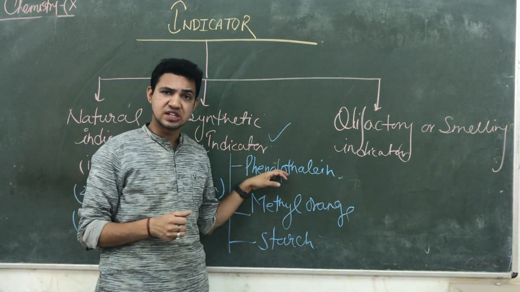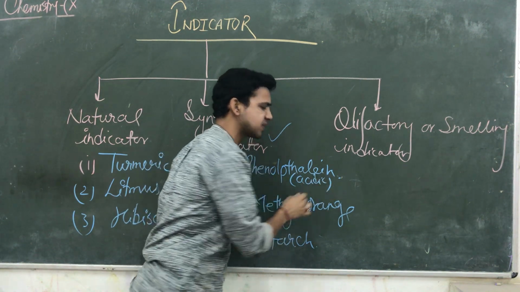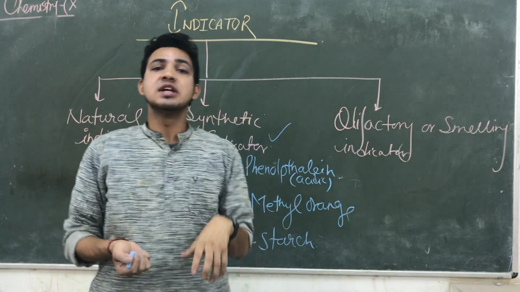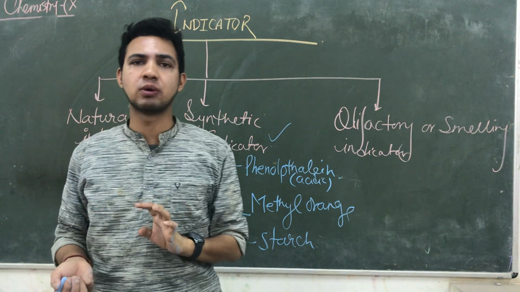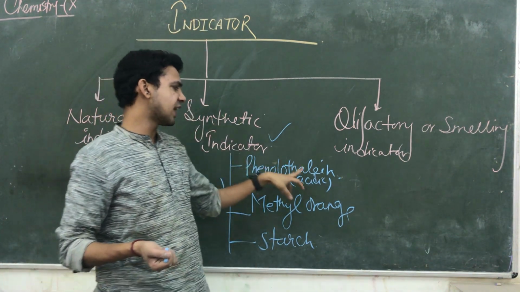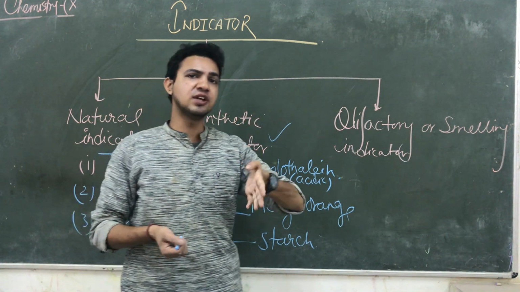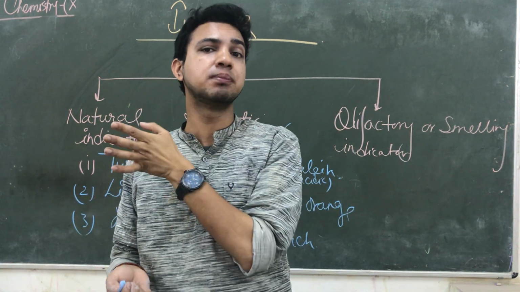Okay, its nature is acidic. अगर ये acidic nature का है तो ये किसकी presence को दिखाएगा? Acid की? No, क्योंकि acid react नहीं करता. If it is acidic, it is showing the presence of an opposite nature compound like base. तो phenolphthalein अगर acidic है तो ये किसकी presence को दिखाएगा? Base की presence को.